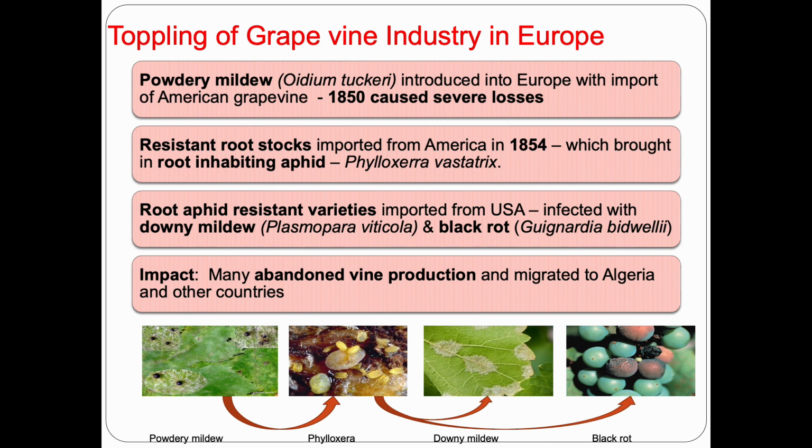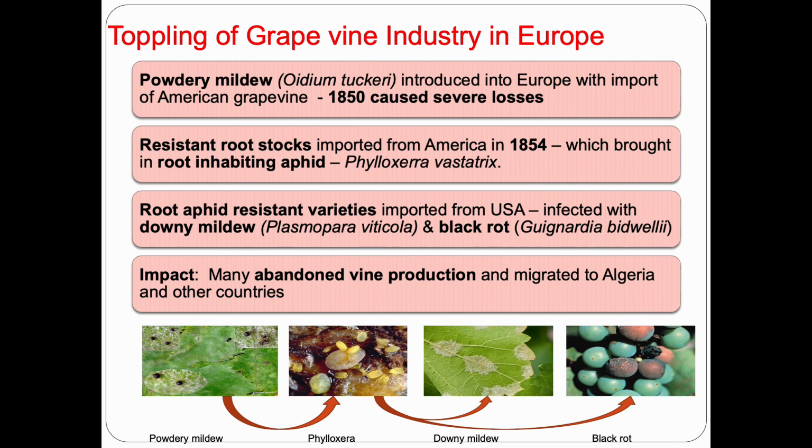Let us discuss another example, that is the toppling of the grapevine industry in Europe. As we know, powdery mildew, which is caused by Oidium tuckeri, was introduced into Europe with the import of American grapevine, and it caused severe losses during 1850. To solve this problem, resistant rootstock was imported from America during 1854, which was unknowingly found to be infected with root-inhabiting aphid,